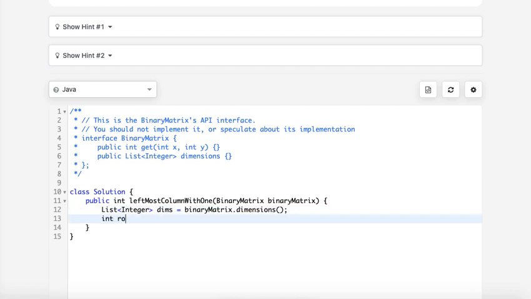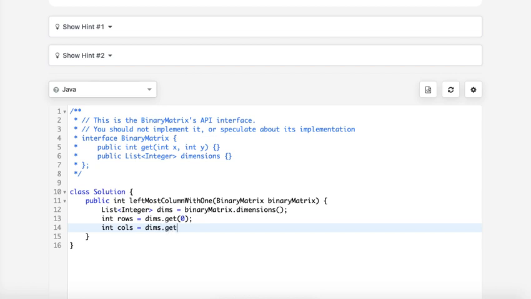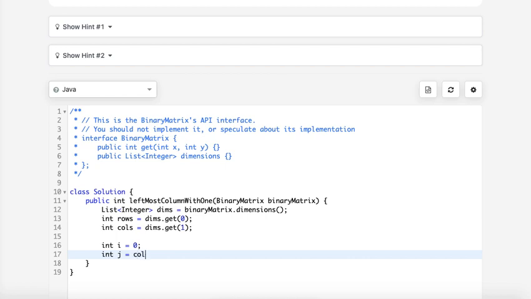Then I want how many rows, and columns. And I'll have the current i and j. Current i will be 0, I mean I'll start from the 0th row, and j will be the rightmost column, so cols - 1.